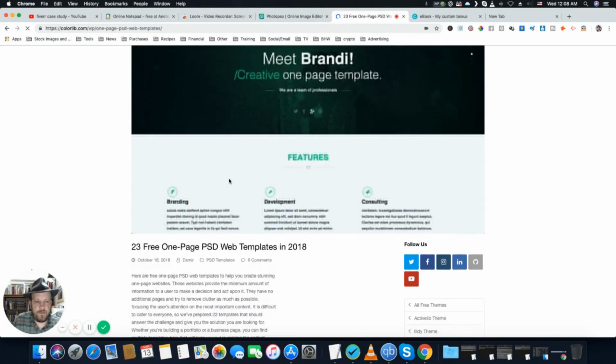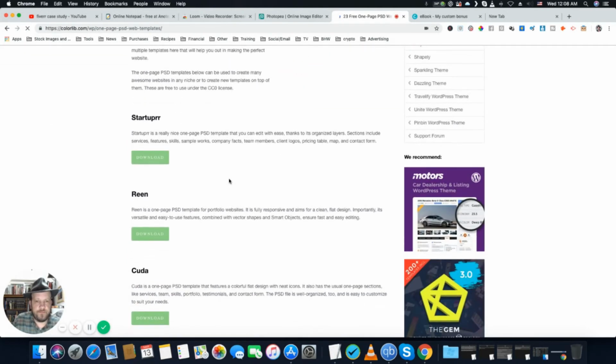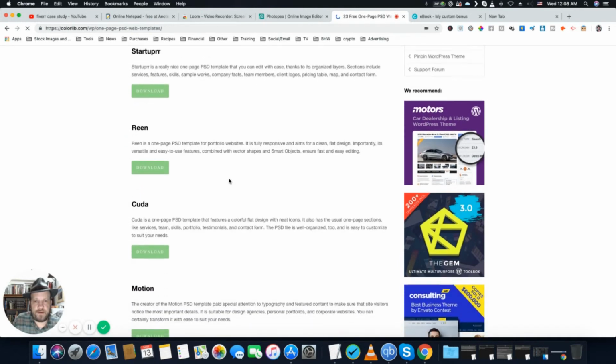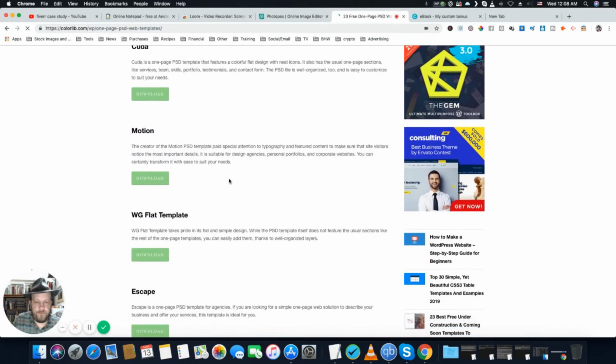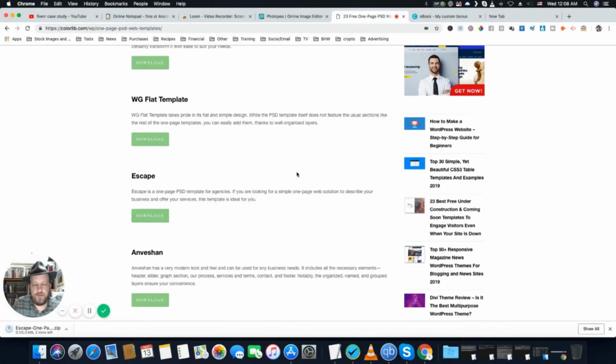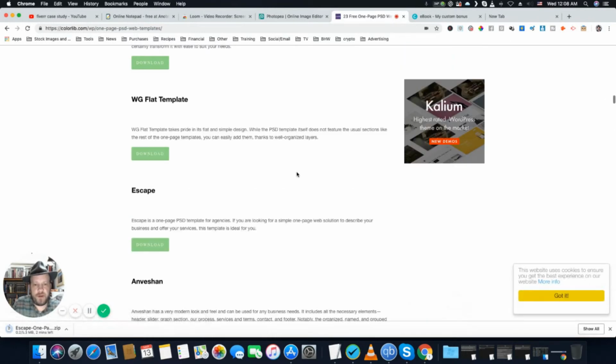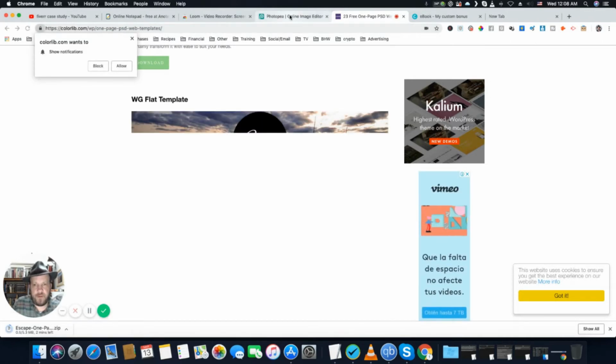So let's take a look at what they have here. And you can choose various templates here. Basically, I'm just going to pick one at random. You can play with this on your own if you like. As I said, I don't actually use these things. I have my own that I've custom designed, but you don't really need to custom design them. You can actually just download one, and you're going to be able to upload it into Photopea